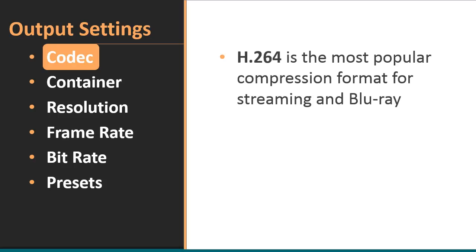Let's start with codec. Of course, H.264 is by far, finally, the most popular compression format for online streaming and, of course, for Blu-ray as well. It was not always this way. We had so many different proprietary codecs that were competing for developers' attention. It was an awful situation to be in, having to choose between multiple codecs. And certainly there are many codecs still in use today, but H.264 has emerged as the compression format du jour, and it's probably going to stick around for a little while. So right now, that is absolutely the preferred codec to use when you're exporting your video.